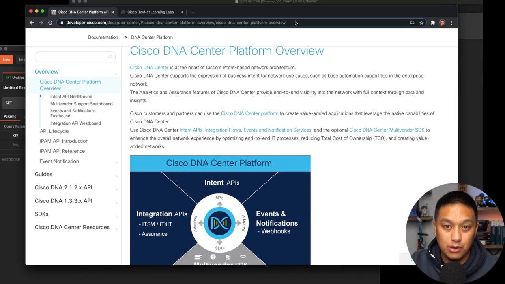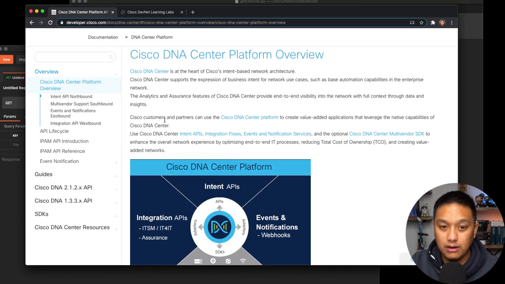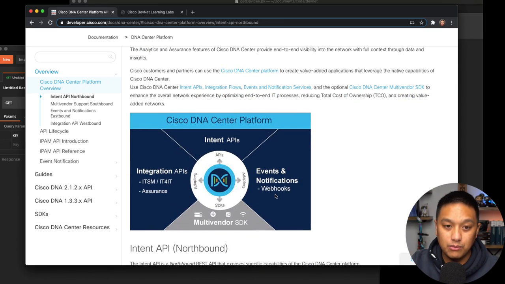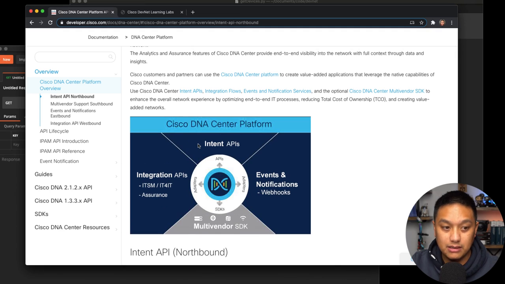So here is the URL for this API documentation, and you can see here on the left side, it gives you an overview with the navigation of what DNA Center is and how we should use it. The thing to note here is you have APIs and adapters or integration APIs, and also webhooks. In this video, I'm really just going to focus on the intent API and putting that into a script,